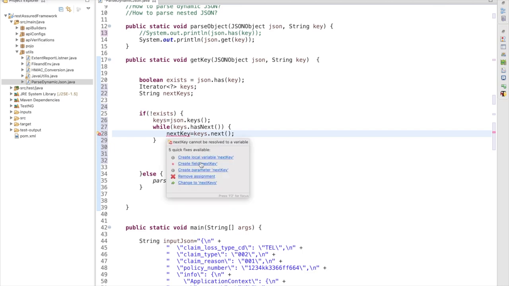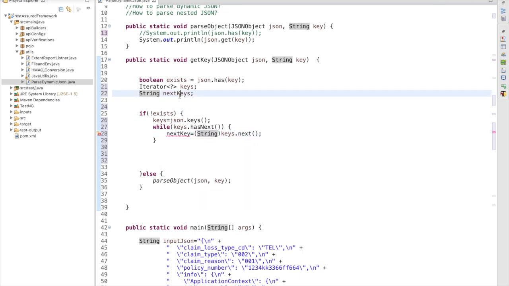It will show that I have to cast as a string value. So whatever keys I am getting, I am casting into a string, and I am storing inside the next key.